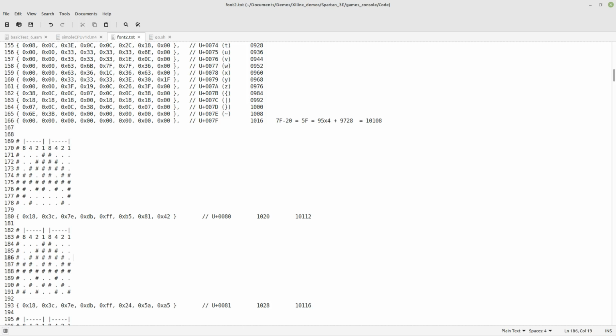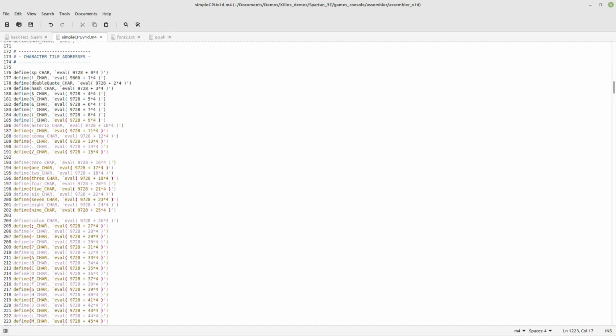The way you generate this data string, which defines the 8 bytes within a tile, is that you draw this ASCII art representation. Then you pass that to a Python program I wrote, which will automatically generate this data string that is then used to initialize the memory. This data is stored in the video display controller's memory at a certain address, and again, that address value is calculated by the Python program, and that's the address of the tile that you will pass to the software. You can see our first Space Invader tile is at address